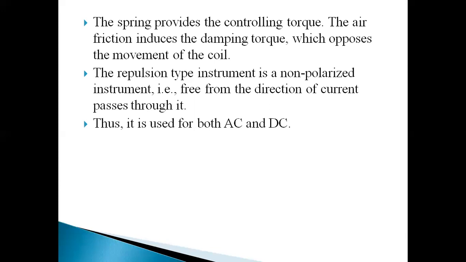For example, when there is no current in the coil, what happens? The two iron rods, moving and fixed, almost touch each other and the pointer rests on the zero position. When the instrument is connected to the circuit, the operating current, that is the current to be measured, or a definite fraction of it, or a current proportional to the voltage measured in case of ammeters and voltmeters especially, flows through the coil. This current sets up a magnetic field inside the coil. The magnetic field magnetizes the two iron rods.